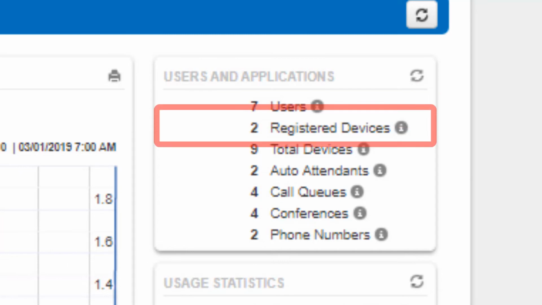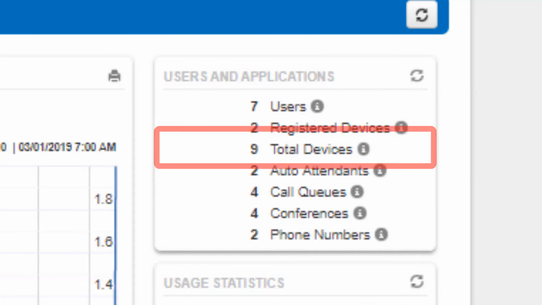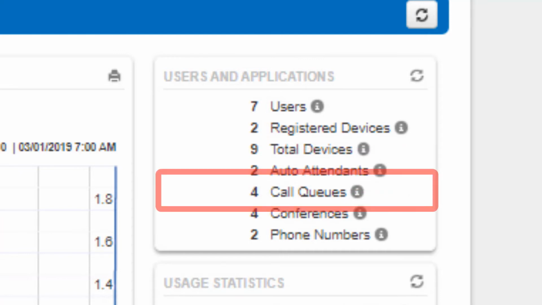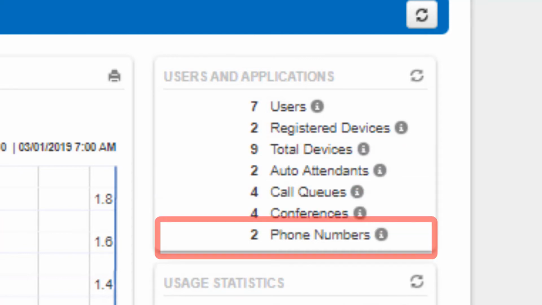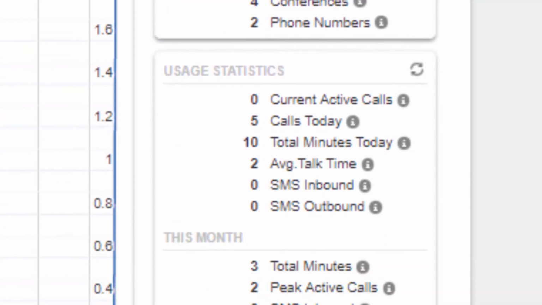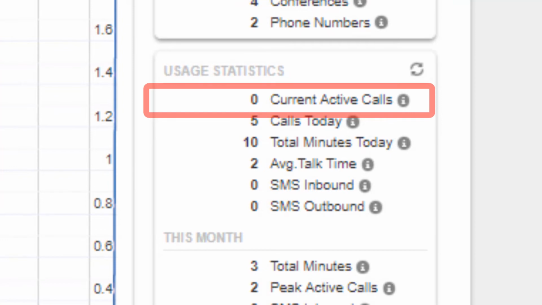how many devices are registered to the domain, how many devices total can be registered to the domain, how many auto attendants the domain has, how many call queues the domain has, and conference bridges, and how many phone numbers. Below you will see the usage statistics, which show you how many active calls the domain currently has,